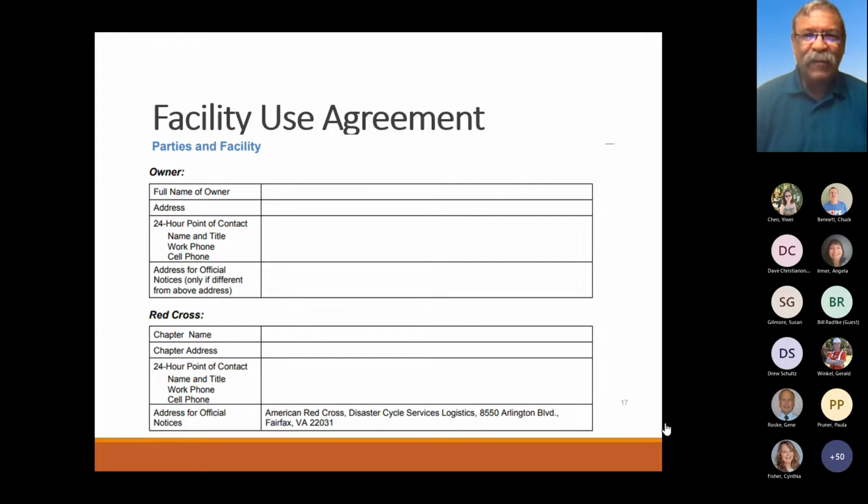Great. Good evening, everyone. Like I said, my name is Tom Simpson. I'm going to give you a little bit different view of the facility use agreement. I'm not going to go over it step by step, just a little bit. Why is it important? The first and most important thing to remember on the facility use agreement is